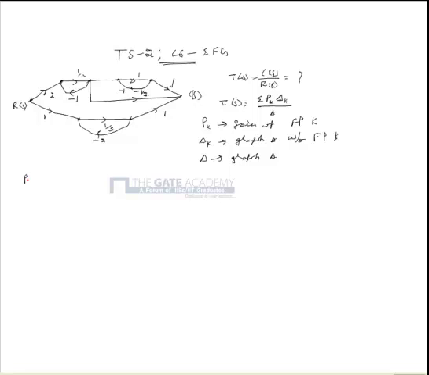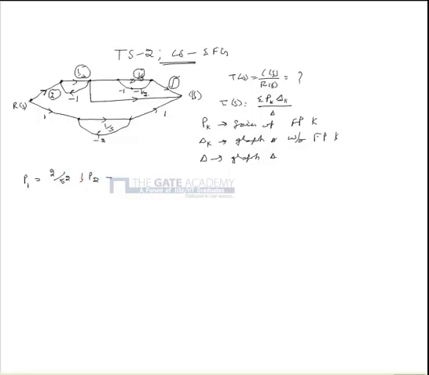From the signal flow graph, p1 is equal to the gain of the forward path 1, which is 2 multiplied by 1 by s multiplied by 1 by s multiplied by 1. So this is equal to 2 by s square,